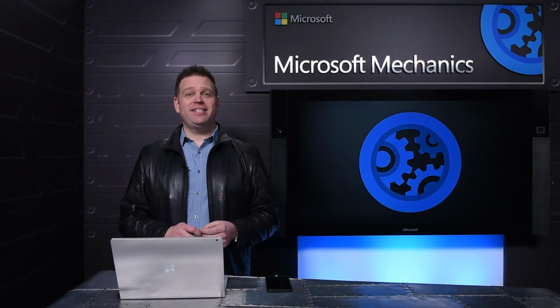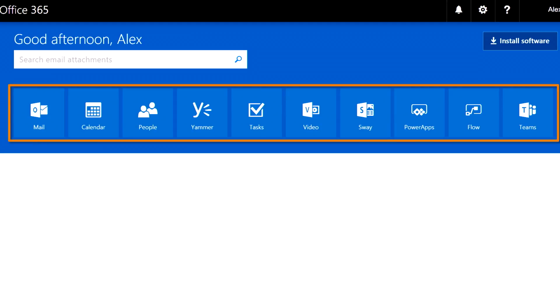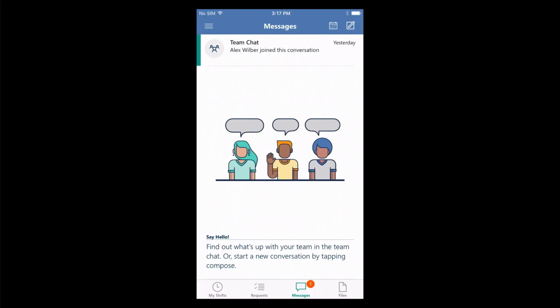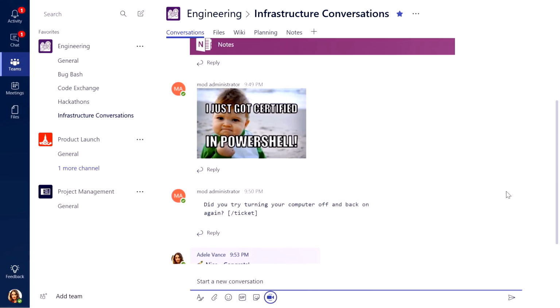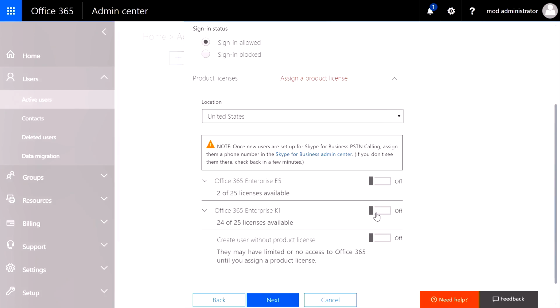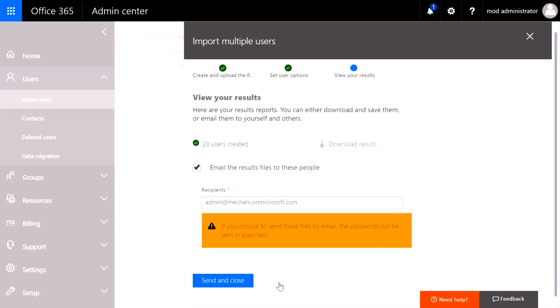Coming up, we look at the latest updates to Office 365 K, which make it easier for you to deliver Office 365 services to your frontline workers, including the latest app experiences with StaffHub for managing schedules and tasks, Microsoft Teams for collab-based chat, and more. And also, if you're in IT, I'll give you a step-by-step guide for getting Office 365 K up and running for